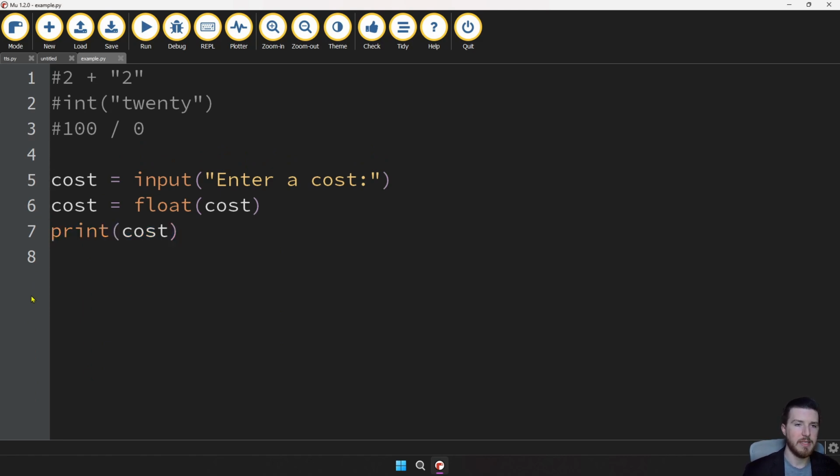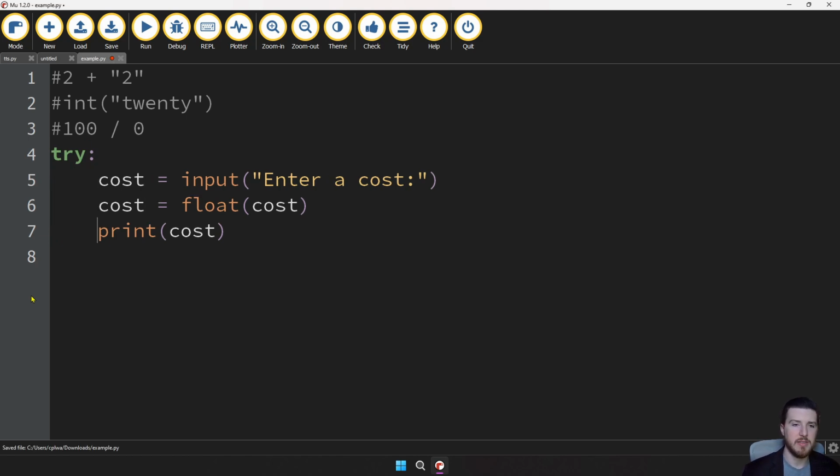let's now wrap this in a try block. Or we call them blocks, but a try statement. Basically, the idea of you calling it a block is you have your clause. So in Python, things are kind of blocked. They're put in little blocks, right? Like inside of each scope, you can also call it a block. Okay. So we're going to try,